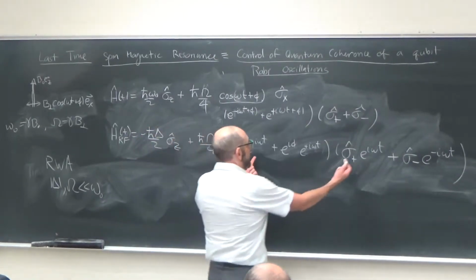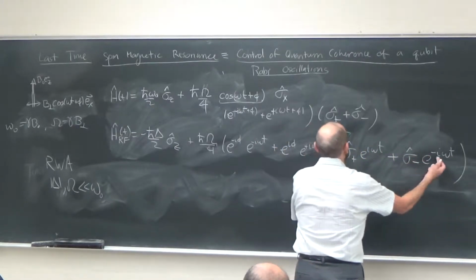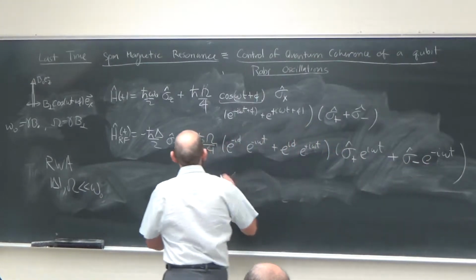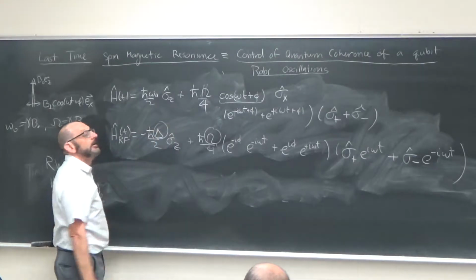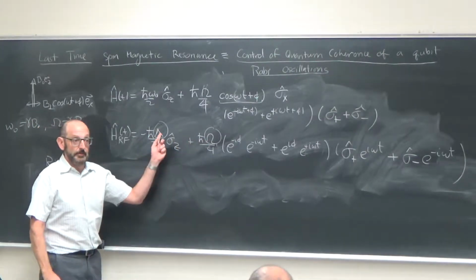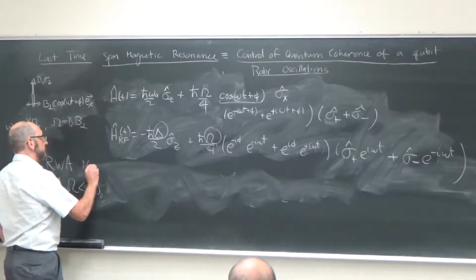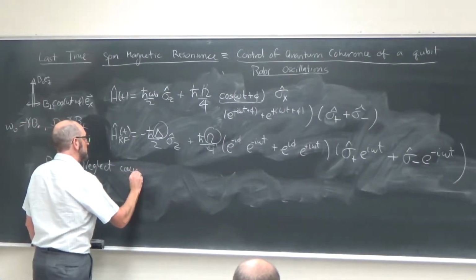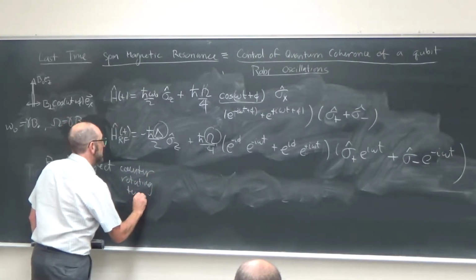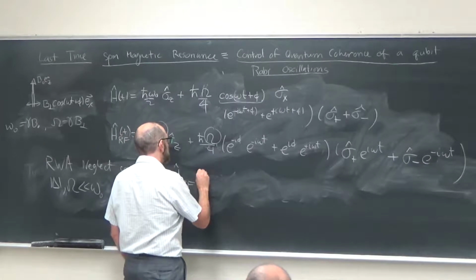So there are the co-rotating terms where the time dependence cancels. And then there are the counter-rotating terms, which oscillate extremely rapidly compared to the dynamical evolution frequencies that are determined by these amplitudes. So when this is true, we can neglect the counter-rotating terms. That is what is known as the rotating wave approximation. And then the rotating frame Hamiltonian is approximately equal to